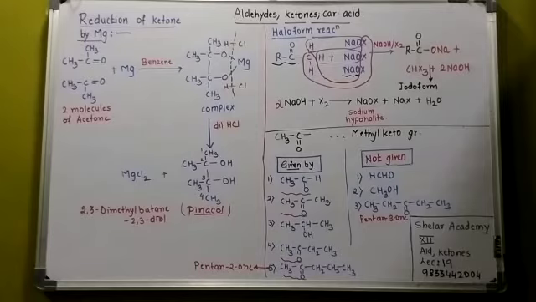Yellow precipitate obtained means you should identify it as a haloform reaction, and it is given by the compounds which contain a methyl keto group. So in the textbook, after they explain this reaction, they have given you the reactants and they have asked which of the following will give the reaction and which will not. So try to solve them. It's a very important reaction.